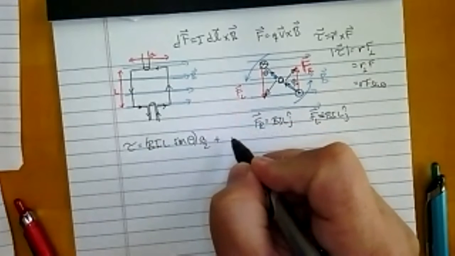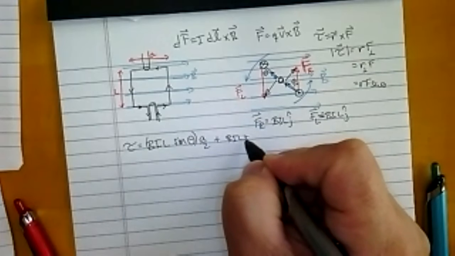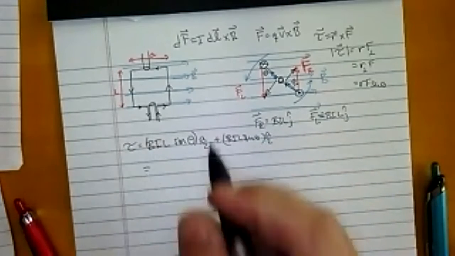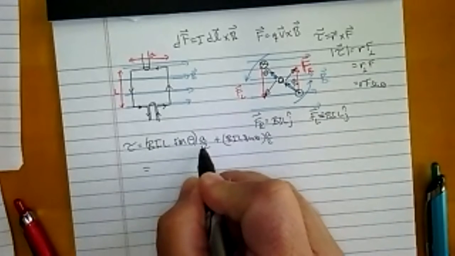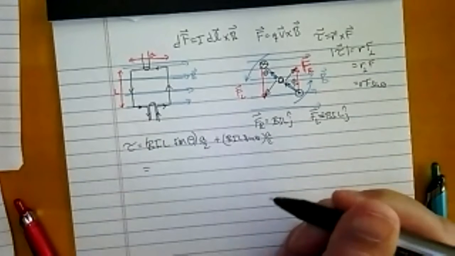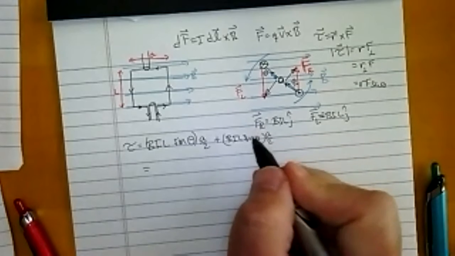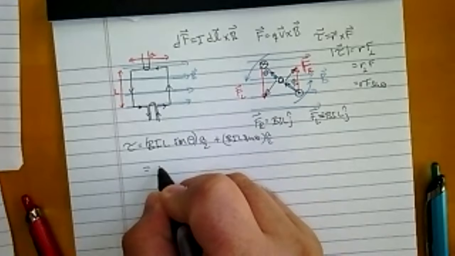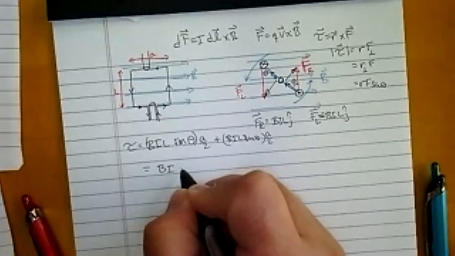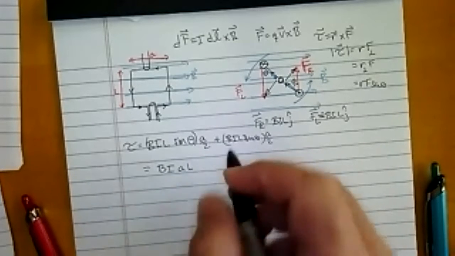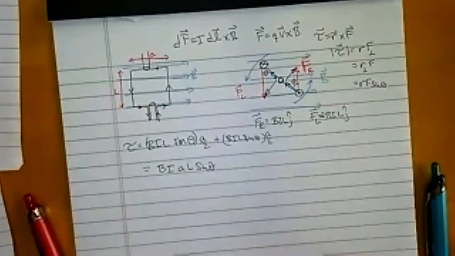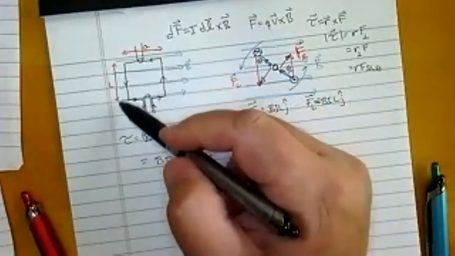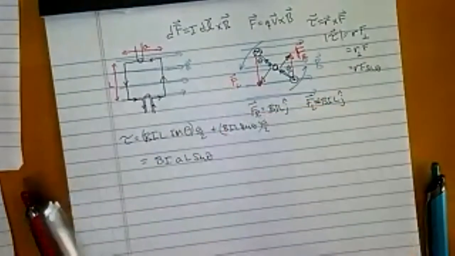That's one of them, plus the other one's going to add to it, B-I-L sine theta times A over 2. So I ultimately get that the magnitude is A over 2 plus A over 2. Of course, if I factor B-I-L sine theta out of each, I'd get A over 2 plus A over 2, which is just A. So I will now say B times I times A times L times the sine of theta is the total torque. Well, if you look at this rectangle, you'll see that L times A is actually the area